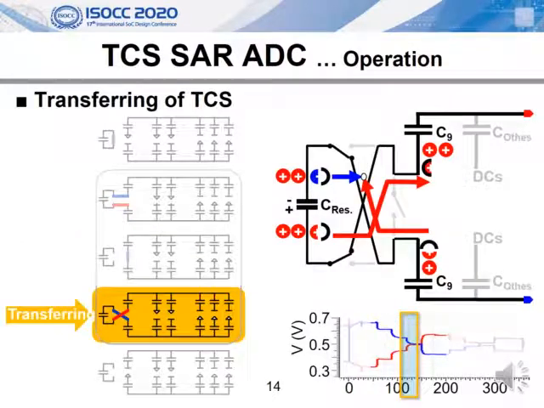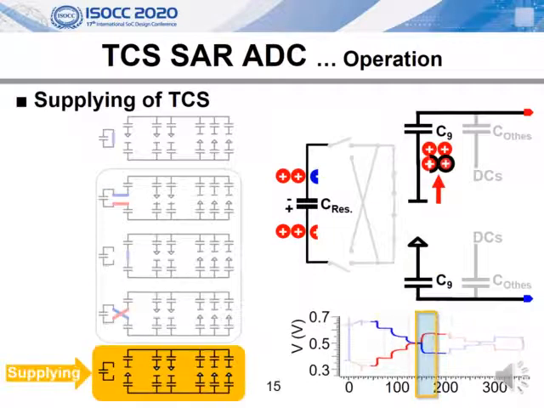In the final TCS phase, the reservoir capacitor is connected to the bottom plate. With the charge sharing, the capacitor charges the bottom plate toward the target voltage one more time. Consequently, the rest of the insufficient charge is supplied by reference and ground. Thanks to the TCS operation, the supplying charges were minimized.